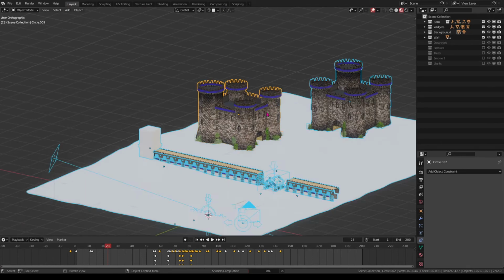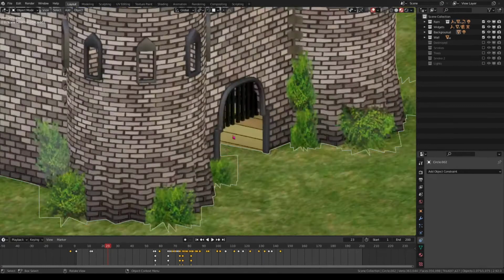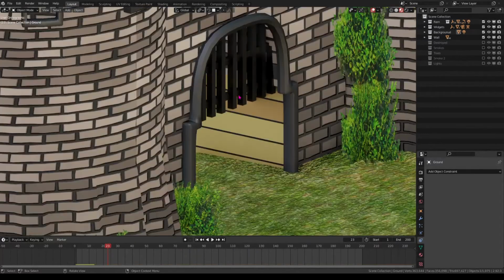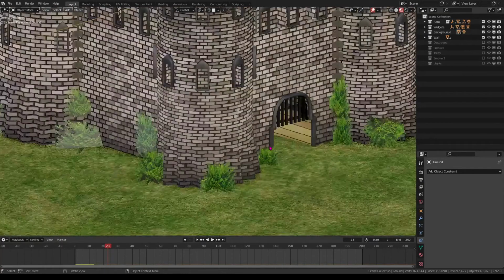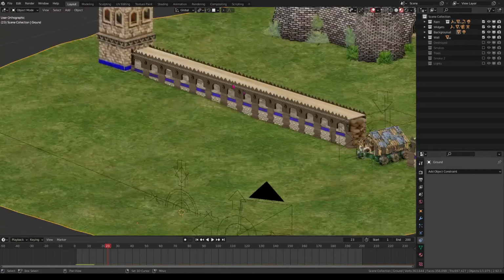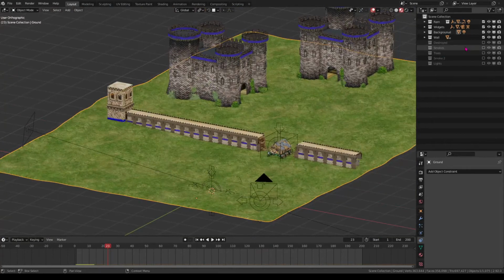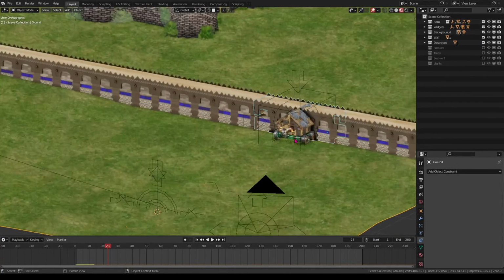So that's the castle, simply duplicated over. All these things very basically modeled, as you can see, nothing too fancy because it is all in the distance. So that's these parts. The smoke simulation, there was one